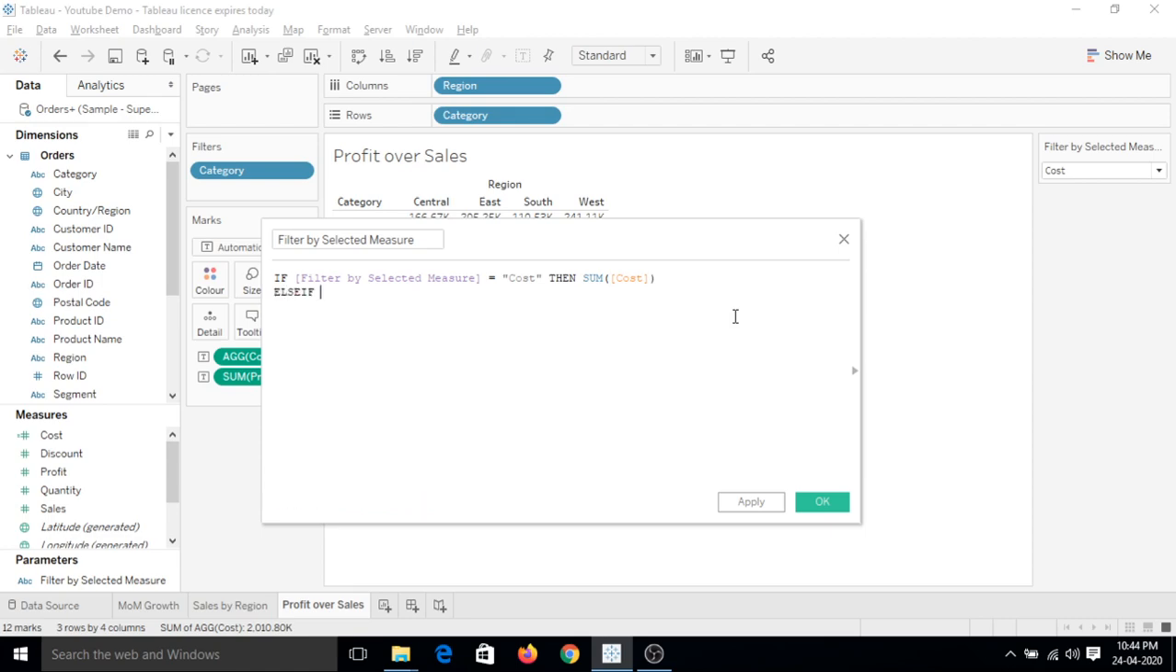else if filter measure is equal to discount. Again I am saying make sure that you are using the correct case that you have used in this parameter. So D is capital, so I have written discount, then sum of discount, and similarly for the others, else if filter is equal to profit, then sum of profit, else if